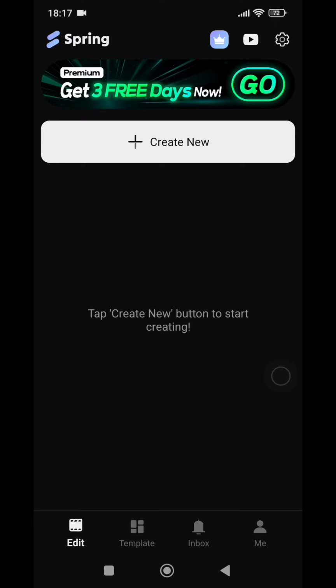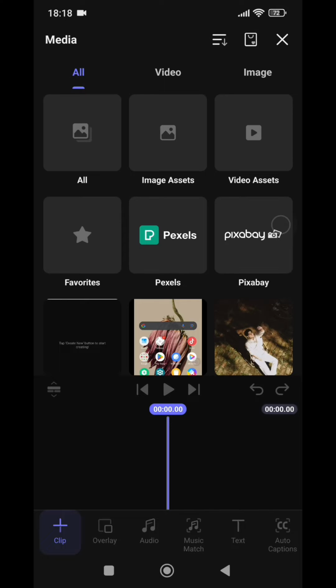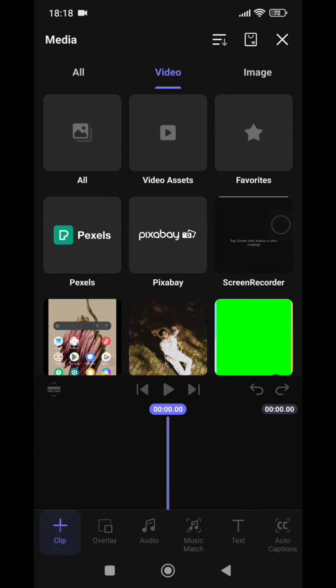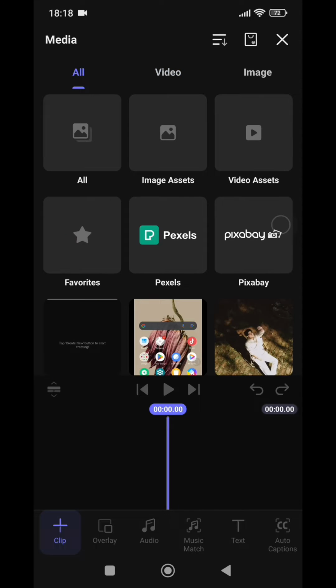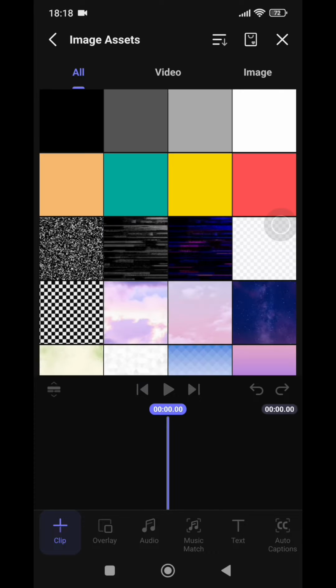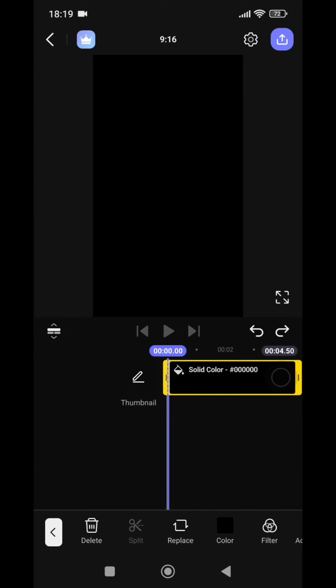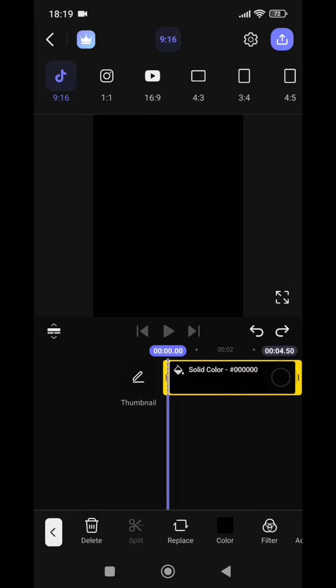Okay, let's get started. First, just open the Spring app, this one, and then tap on Create New, and then choose your video or import your video. But in this tutorial, I will be using a plain black background from the image asset, like this. Next, you can adjust your video ratio. In this tutorial, I will use